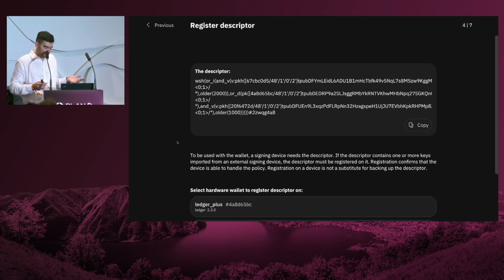If the device gets damaged or stolen or whatever, and you re-import the 12 or 24 words, the only thing that you will have are those words. So I have to do everything again? Yes, you need to redo the same process. But it's not relevant if it's a Coldcard or a BitBox or whatever. It works the same way. When you import or create a new wallet, it doesn't have anything else besides the seed phrase.